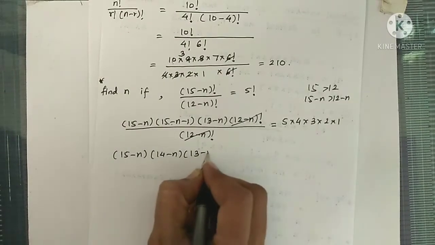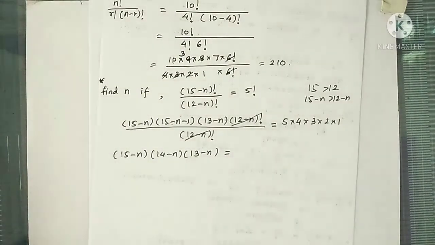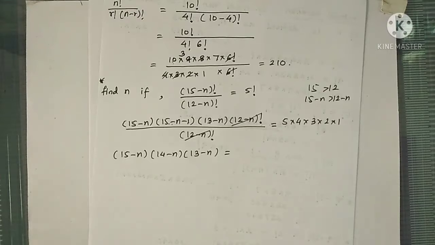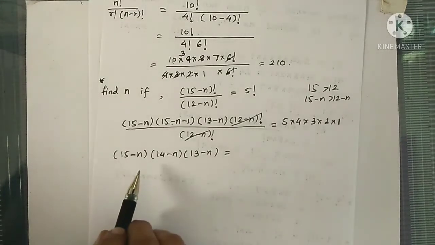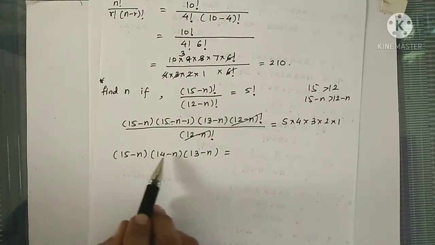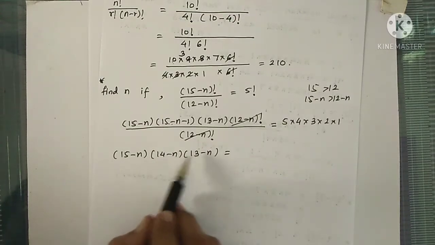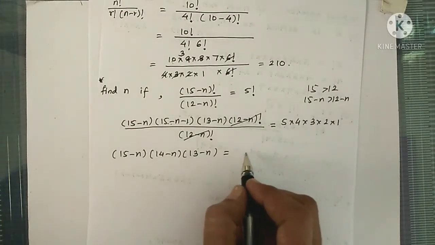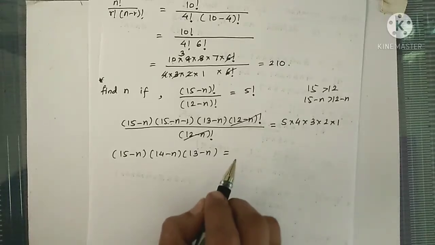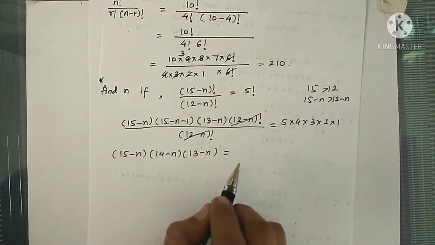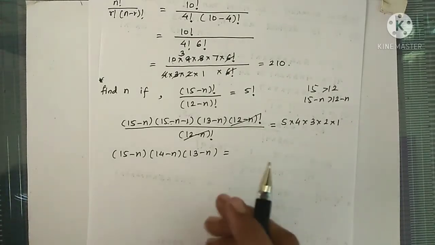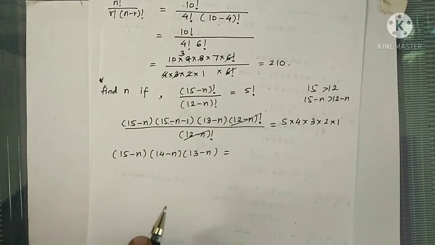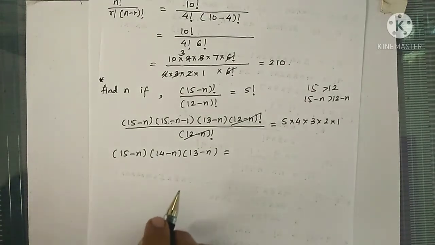On the left hand side we have the product of 3 natural numbers. Okay. Product of 3 consecutive natural numbers. The difference of these numbers, here it is 1. Again the difference of these two numbers is 1. So these 3 are consecutive natural numbers. If we write this right hand side also like that, as a product of 3 consecutive numbers, then we don't have to write this product and we don't have to solve the equation. We directly get the value.